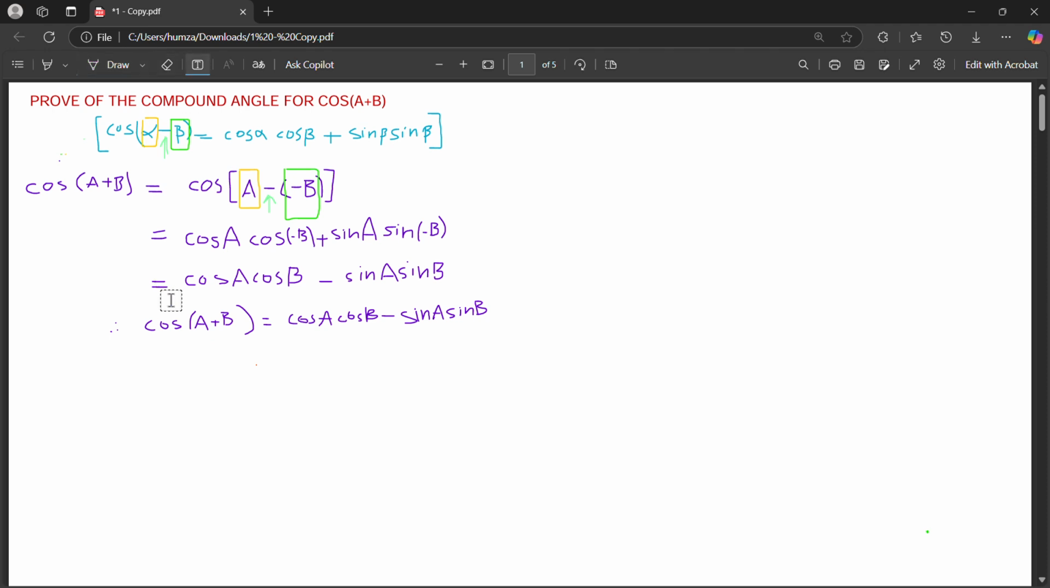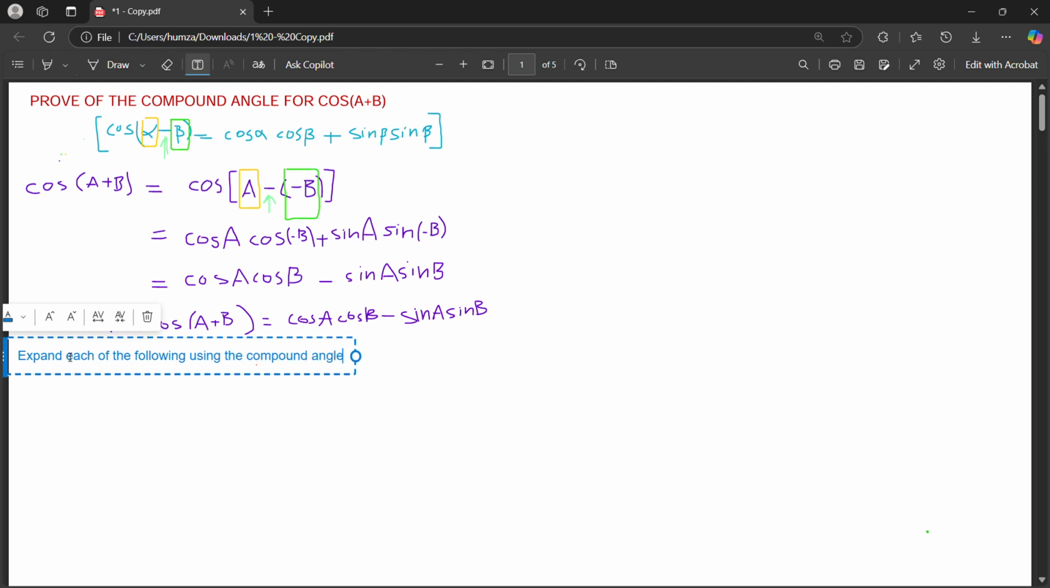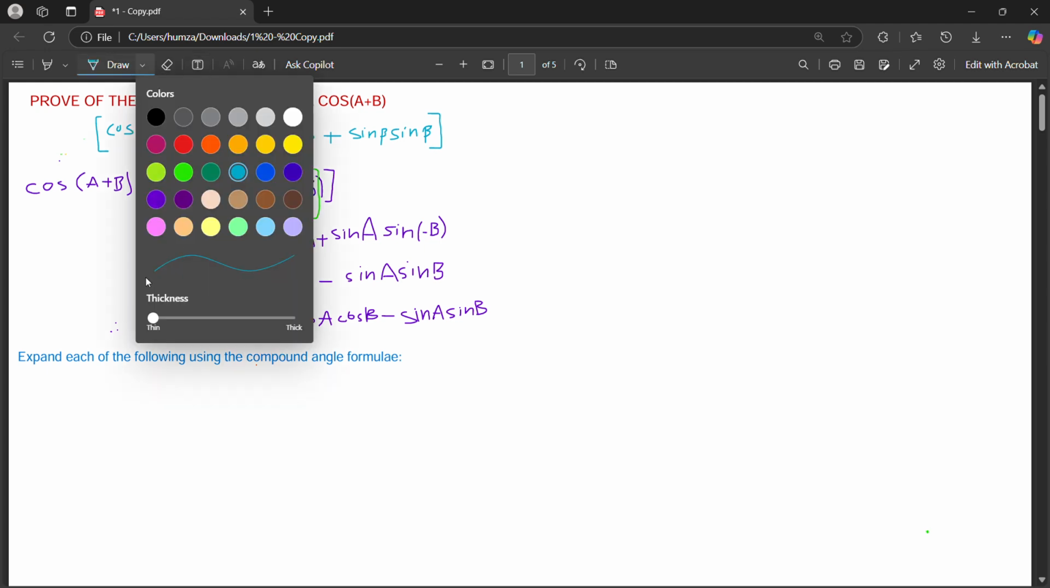Now let's look at an example of using this rule, right? So we can say, let me just use blue pen here and a little bit smaller. So the question that can appear in your exam is: expand each of the following using the compound angle formula. Now we need to expand, right, each. So now we have